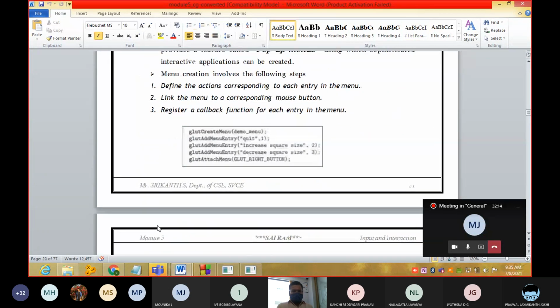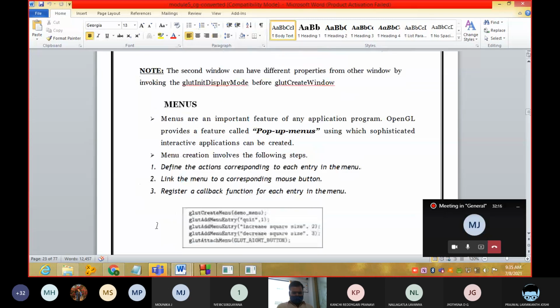We can create our own pop-up menus with the function named glutCreateMenu. We can use this function glutCreateMenu and create our own pop-up window.